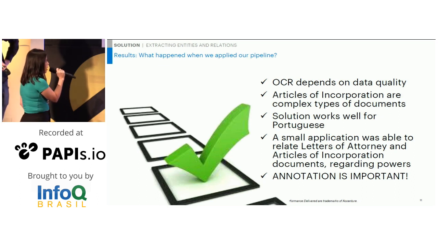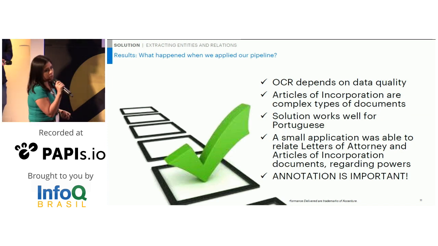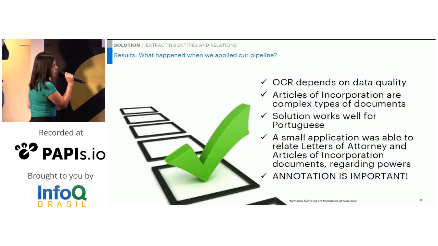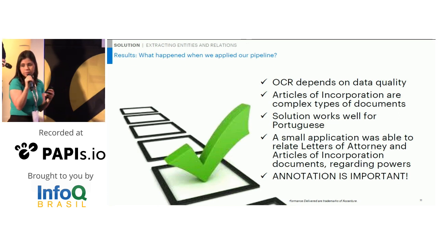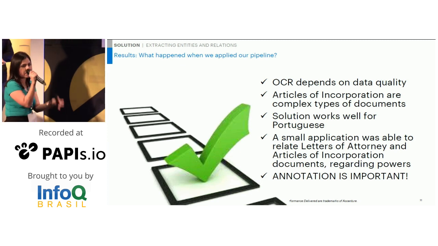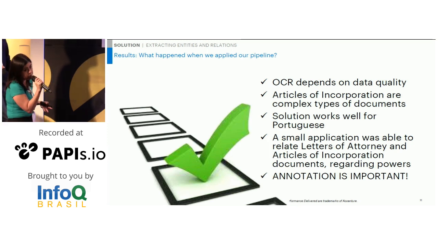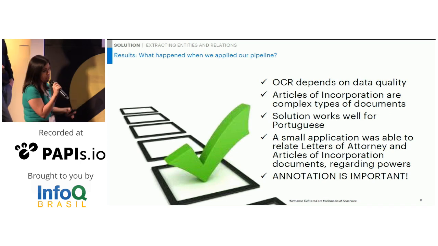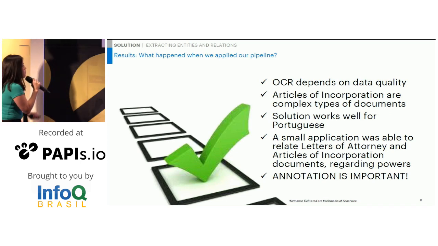And the last one, annotation, is very, very important, because we started annotating documents and we created some rules, but when we were running and training, it wasn't that good. So once we started looking at the annotations, they were not standard, and we said, no, we have to change that. We have to align again, and see that annotation. It's very, very important.